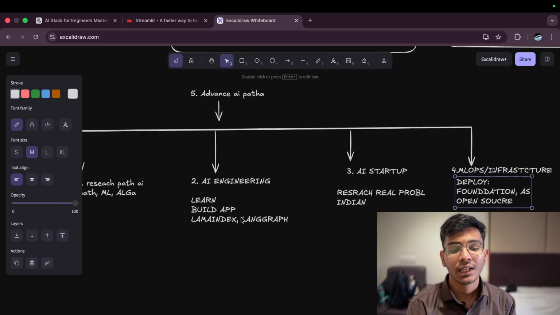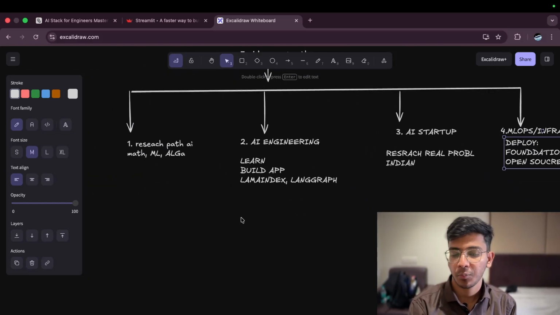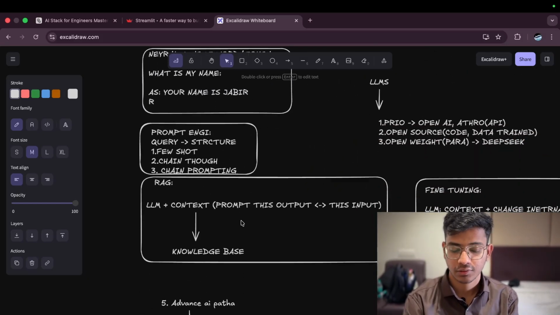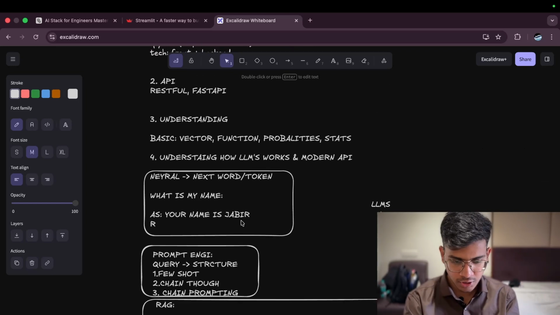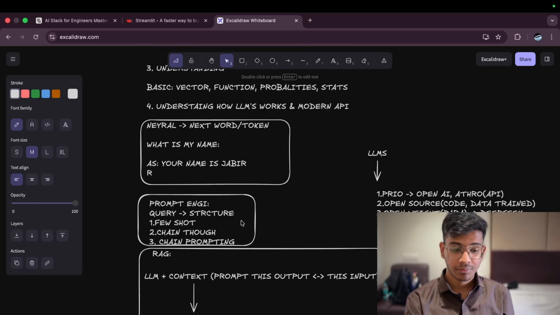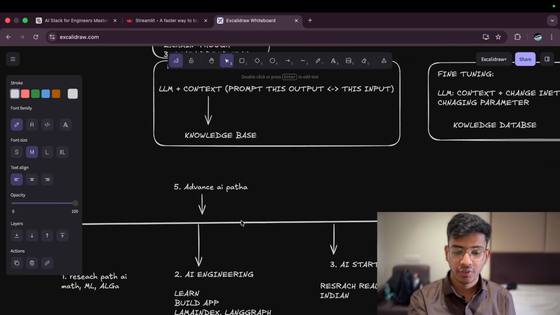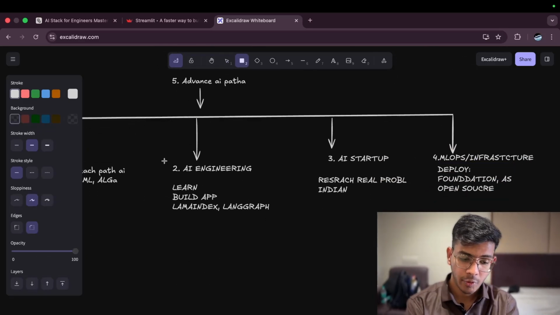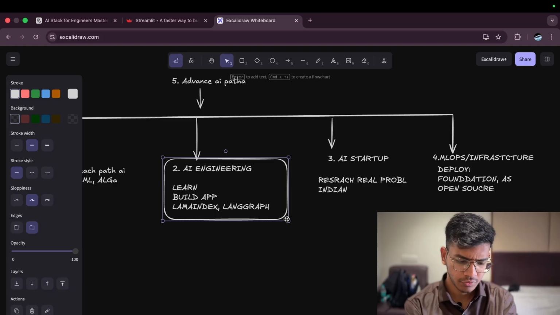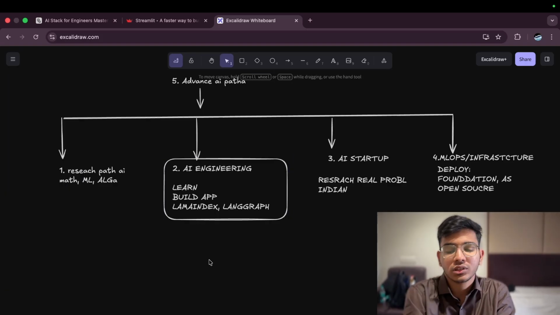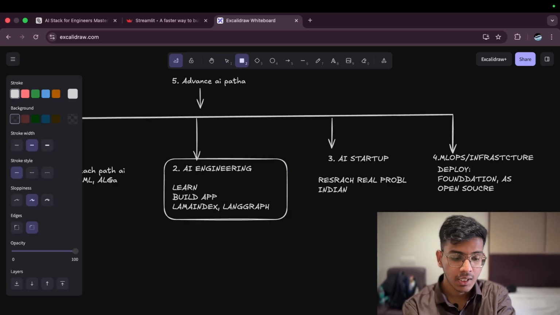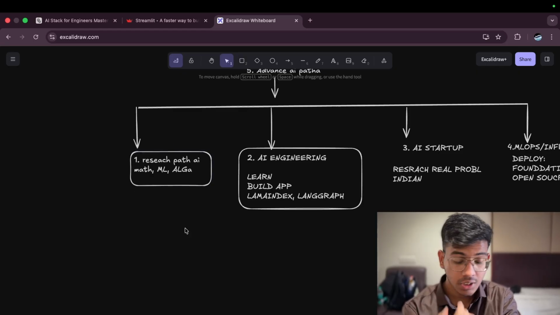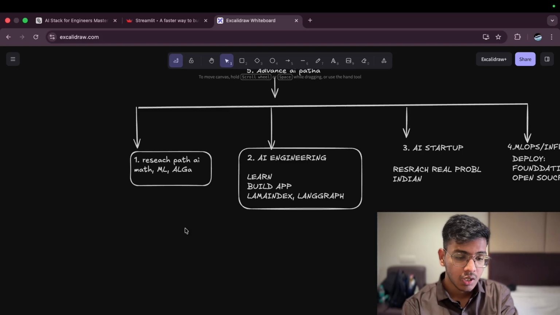So these are the four major pivotal points that you can make after learning technology, APIs, basic math, and how LLMs work, right? You have these four paths, and most people pivot to the path of AI engineering because it's most rewarding. But I would suggest that over the period of time, AI engineers will be more, because AI researchers will be more,